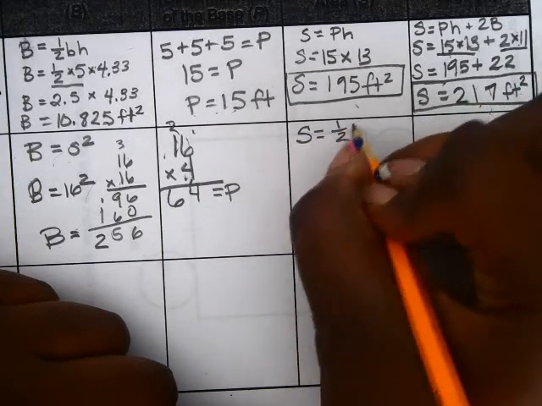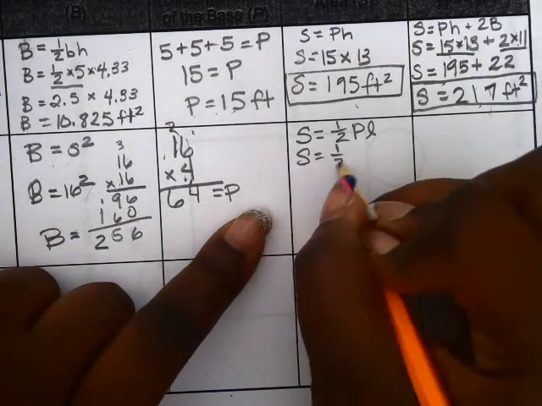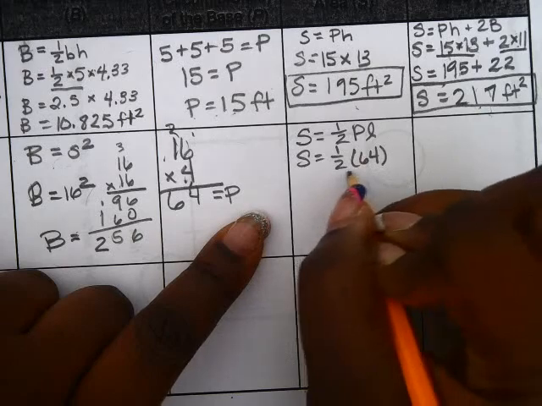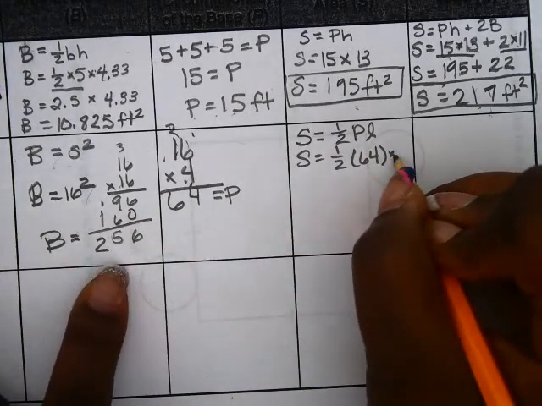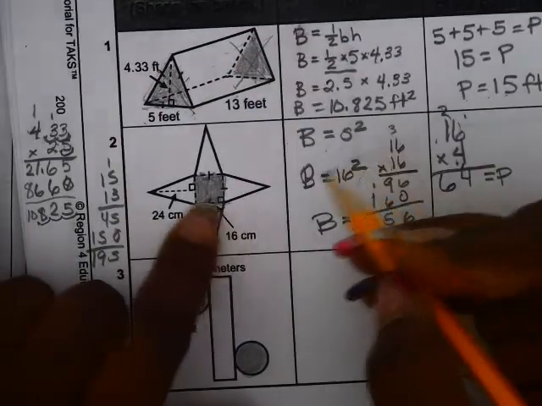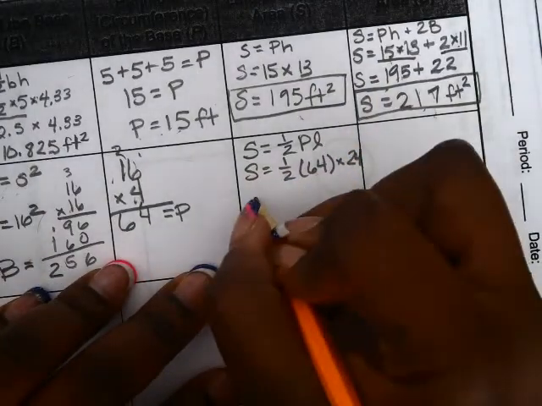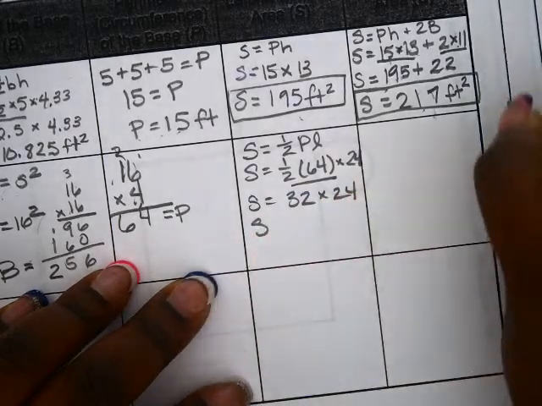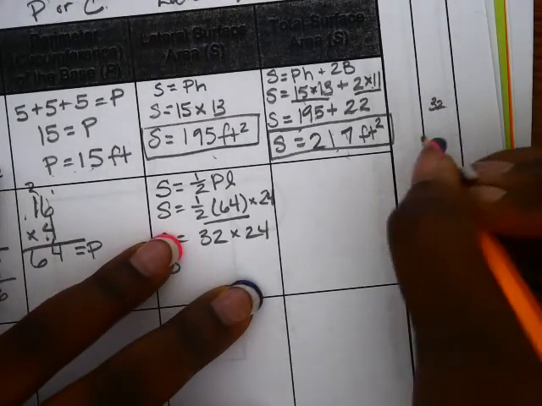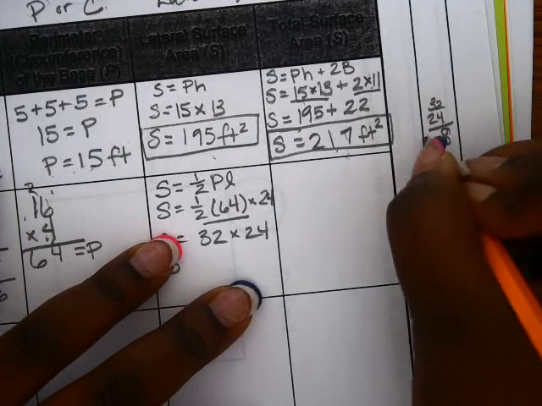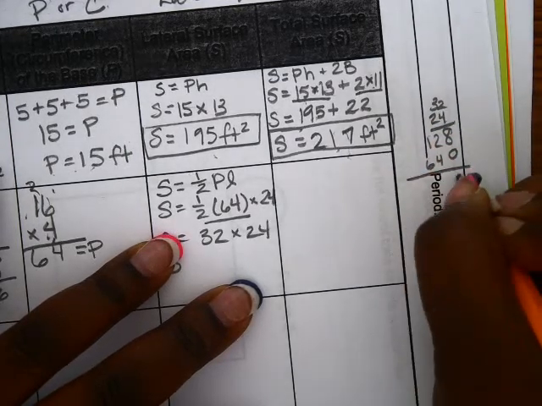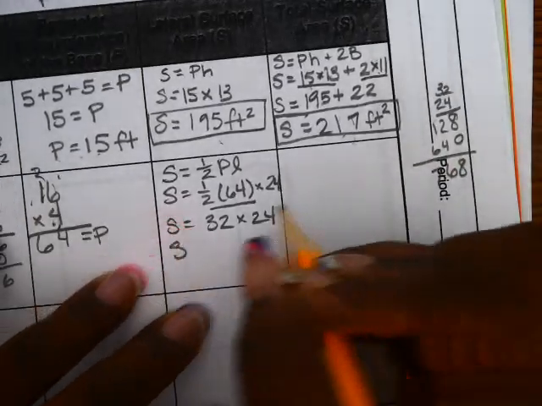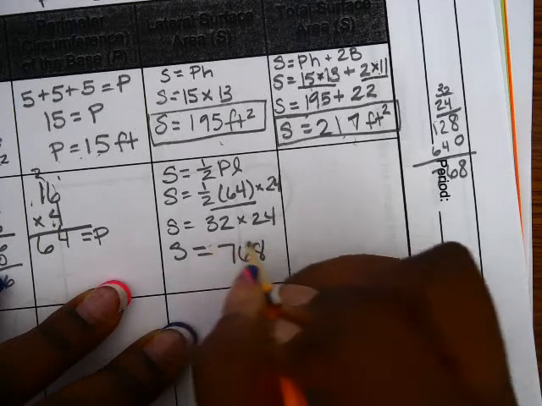S equals 1/2 perimeter times the lateral height. Half the perimeter, which is 64, and then times the height, which is 24, and I'm talking about the slant here, the 24. So half of 64 is 32, and then 32 times 24. I'm going to come over here to the side and work it out. 768 is our